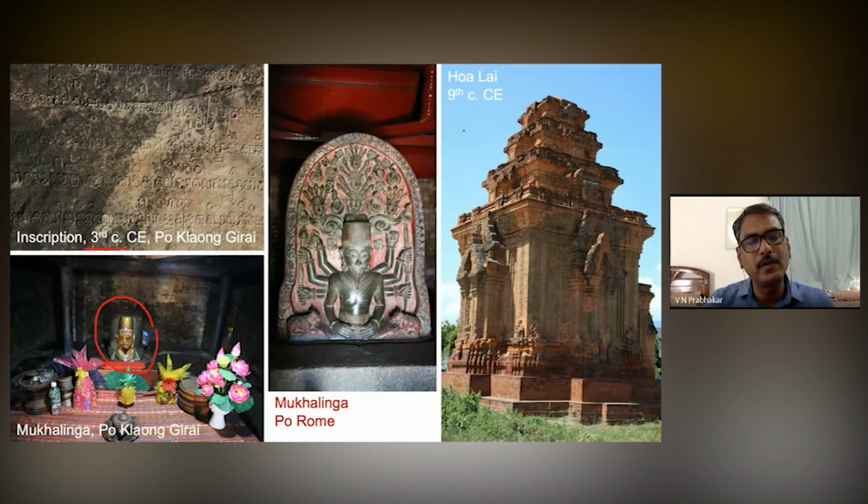Mukhalinga is a form of worship of Shiva which originated in India, where we have the earliest evidence from the 2nd century BCE onwards. And after the 2nd or 3rd century CE, this form of worship is discarded. But if we look at this evidence from Vietnam, it is a clear indication that at least during that early period, this form of worship entered Vietnam, and they are still following the same sort of worship, even though they have added a local feature, a bearded format. And again, in front of a Mukhalinga in a temple known as Po Rome, they have added a multi-armed Shiva with a turban and a bearded form.